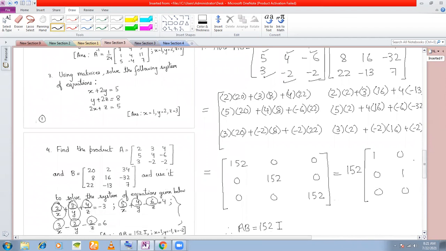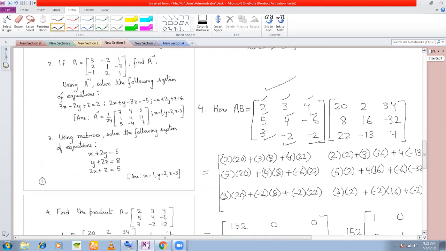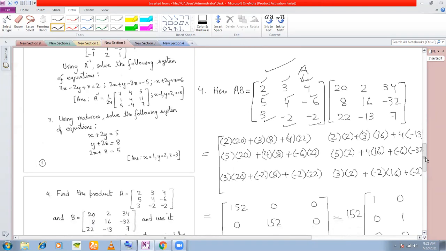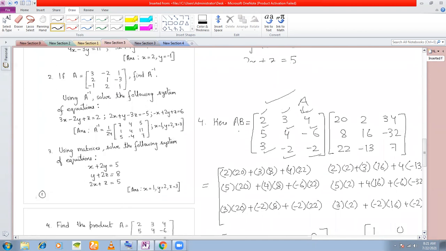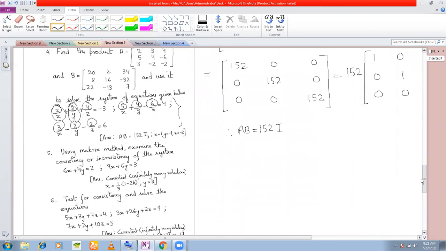Okay, so this is in fact the matrix that we are going to form A later on to solve the equations, that will simply be the matrix A that they have given here. Okay, this will be our matrix A. So we need to find out the inverse of this matrix A. How to find out the inverse? Now see, I have already shown that AB is equal to 152I. You can always proceed by finding out the determinant and then adjoint and then finding out the inverse. But this relation that we have got, AB is equal to 152I, by multiplying these two matrices, will make our task a little easier. It will be easier for us to find out A inverse.